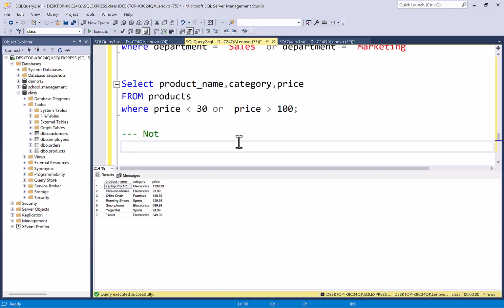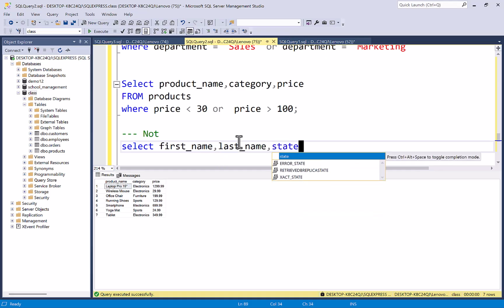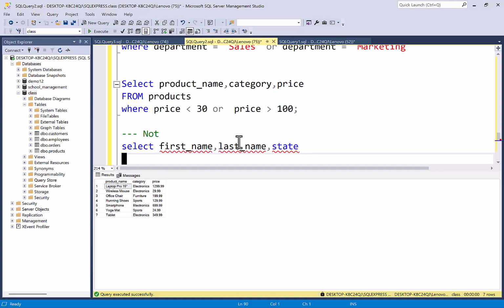The query is select first_name, last_name, state from employees,